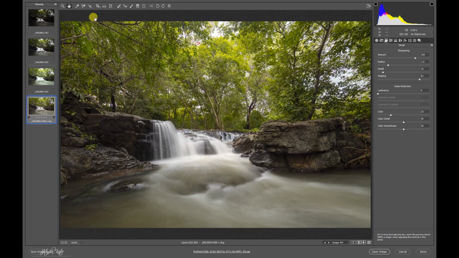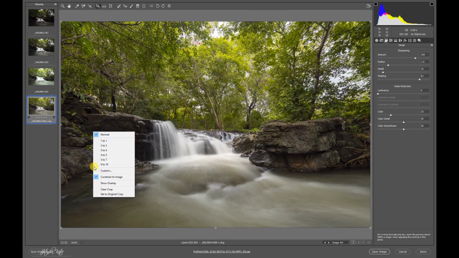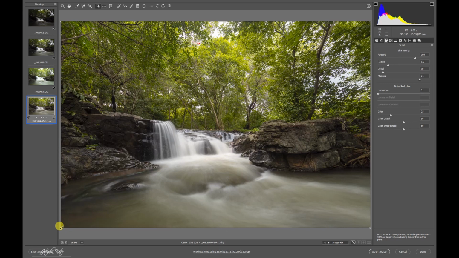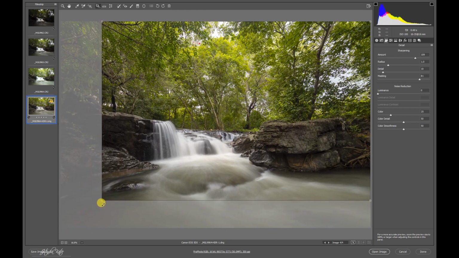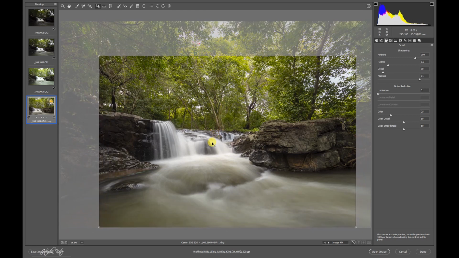I will crop this image right here only. I will keep the original ratio. And I am cropping it this way just to avoid this brighter sky area, because this brightness is competing with the brightness of this water.